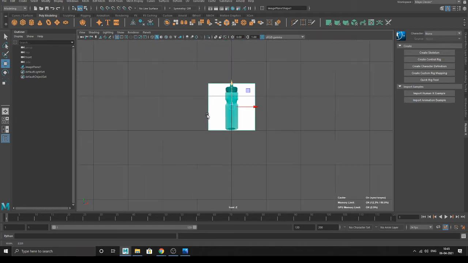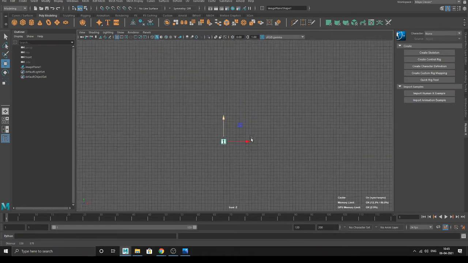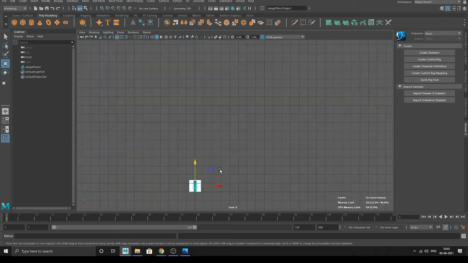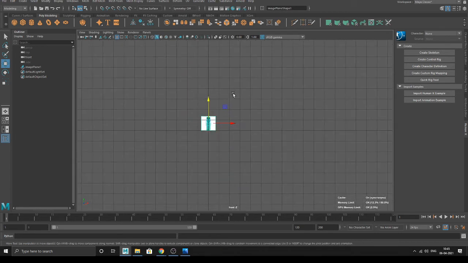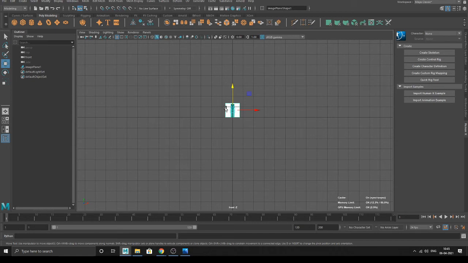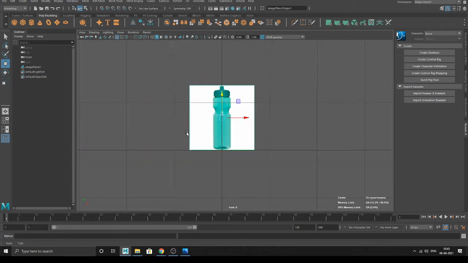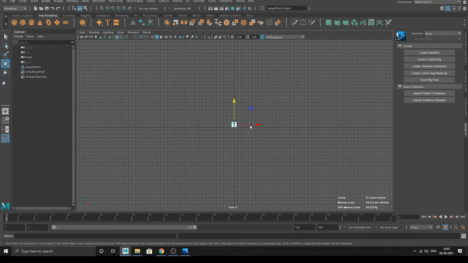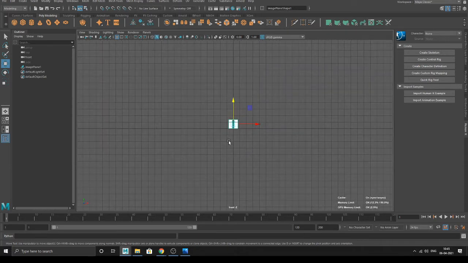And always, this is a grid, okay? And you can see this darker line in the center. This is your origin. The center point is your origin. So whenever you are modeling in front view, try to keep your model above this horizontal line. You can see this horizontal line. Every time keep your model above that line.